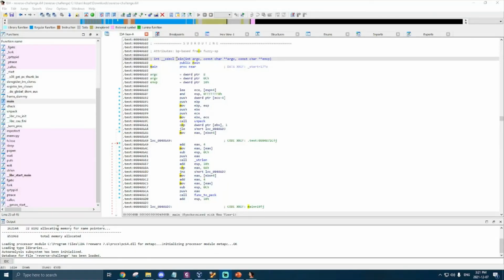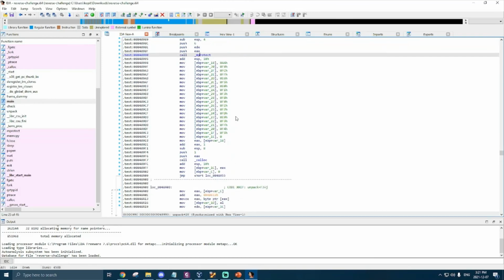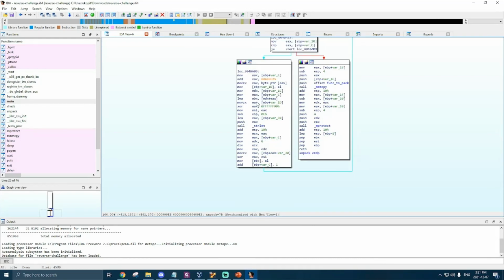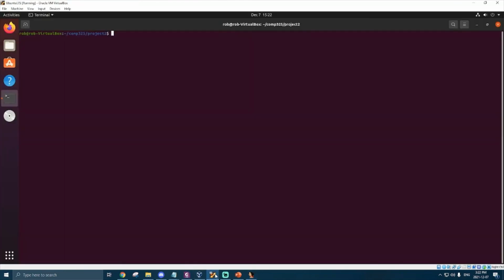Okay, so if we look at the disassembly for the main function, we see that the first function that's called is unpack. And if we check out this function, we see that there's a bunch of memory addresses all with an assigned hexadecimal value, kind of similar to what we saw in the check function. And if we go down a little bit, we actually see that these values are also being bitwise XORed with this hexadecimal mask. So I went ahead and copied all these values, and I put them into my decryption program,